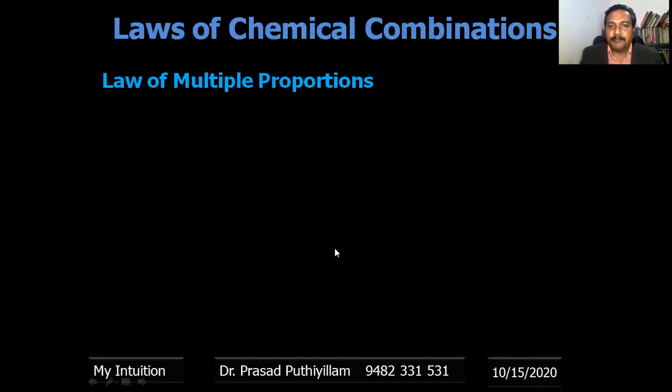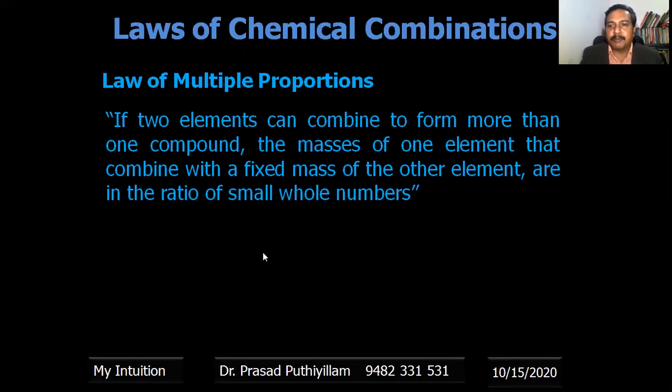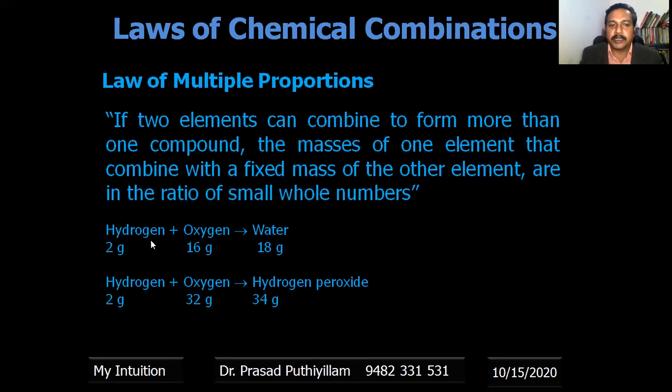Laws of multiple proportions. The law of multiple proportions states that if two elements can combine to form more than one compound, the masses of one element that combine with a fixed mass of the other element are in the ratio of small whole numbers. We'll take the example: hydrogen combines with oxygen, that is 2 grams of hydrogen combines with 16 grams of oxygen to give 18 grams of water. The same 2 grams of hydrogen combines with 32 grams of oxygen to give 34 grams of hydrogen peroxide